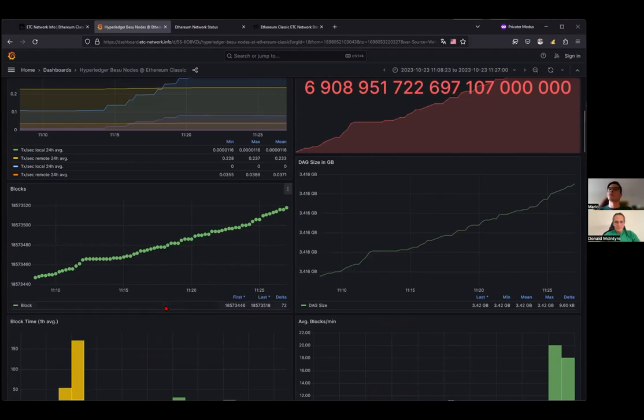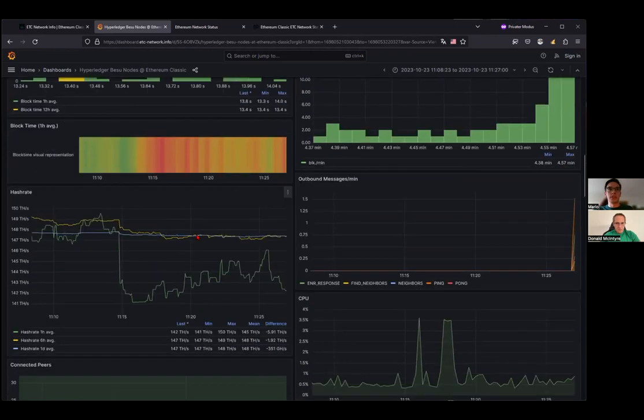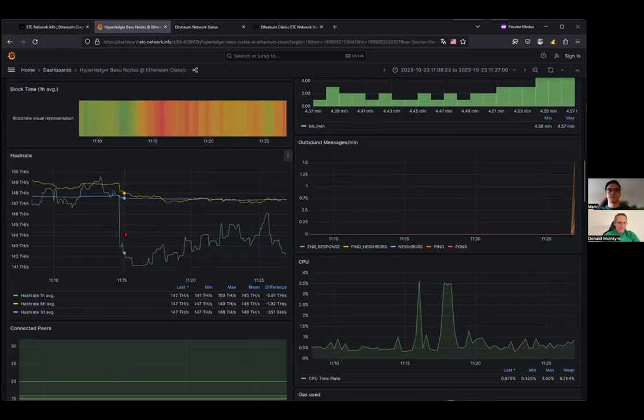Do you have a box for the hash rate? I do have a box for the hash rate, which is right here. Okay, good. Excellent. Bueno,